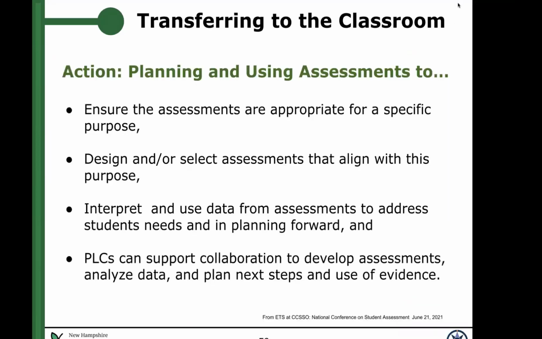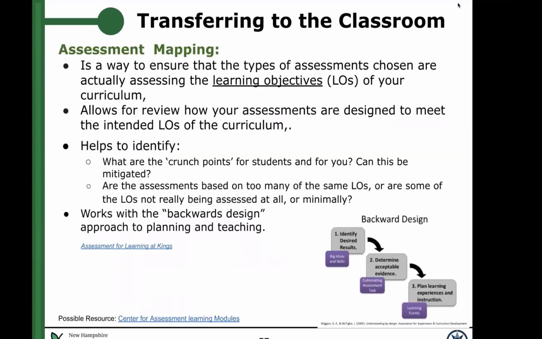So keeping track of it, you can help see where the crunch points are for students. And I know particularly around when you're doing that beginning of the year testing, mid-year testing, or end of the year testing, you may want to see where those fall so that you're planning classroom assessments not at the same time, or if you're working on a team, not every content area is giving an exam or a summative assessment on the same day. And so it works with backward design.